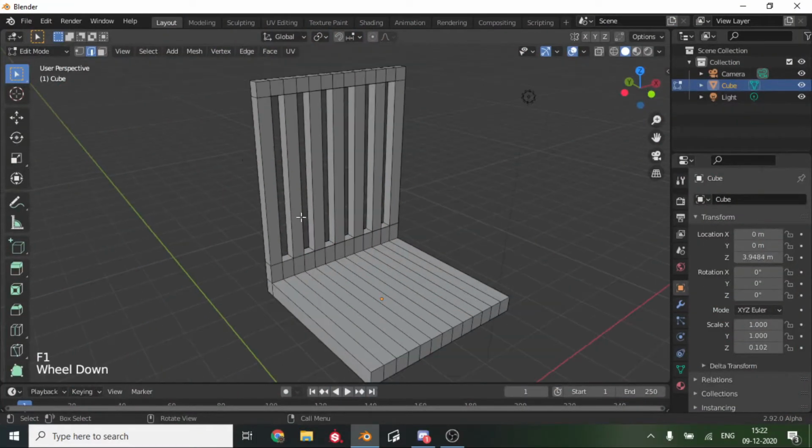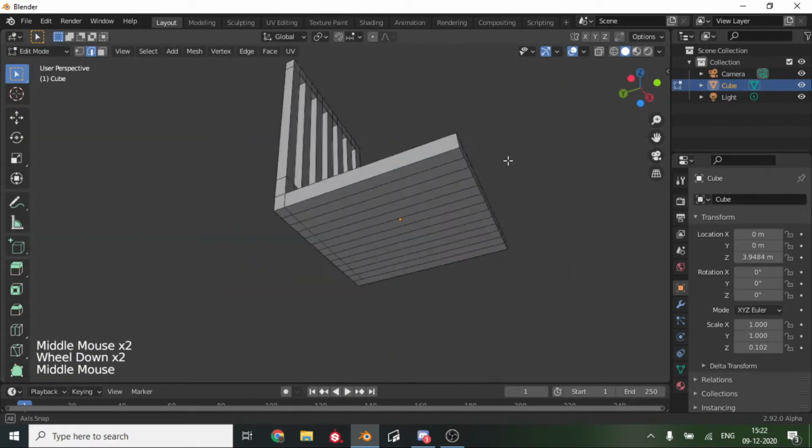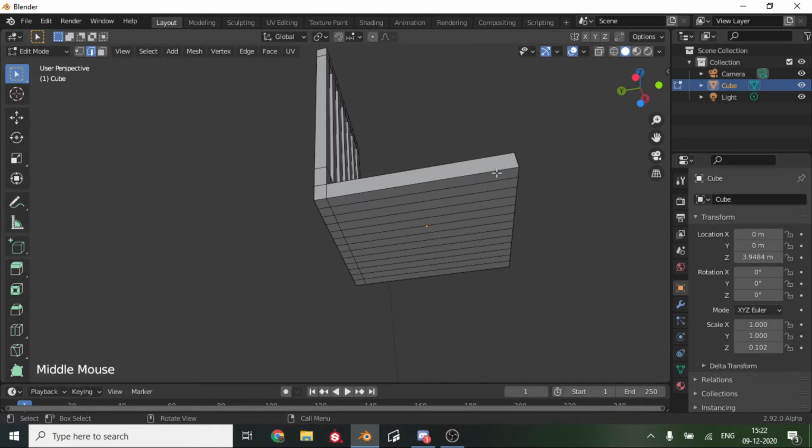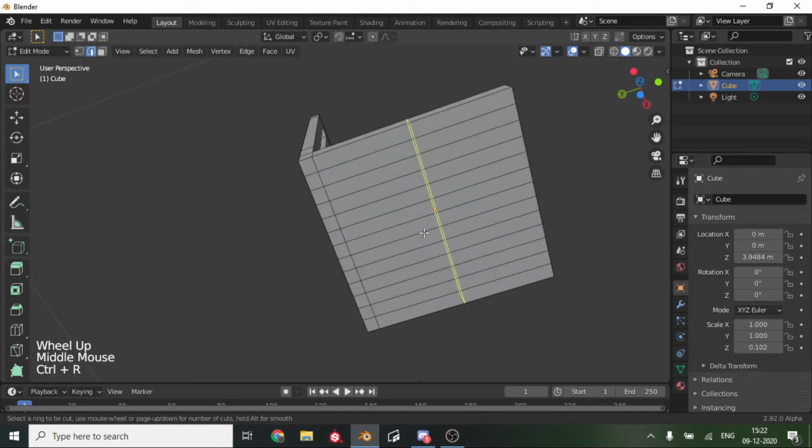So yeah, once you have done all of that, you can see it's filled up and it looks pretty good, and we are making a boxy low poly chair. So let's just continue with our project.